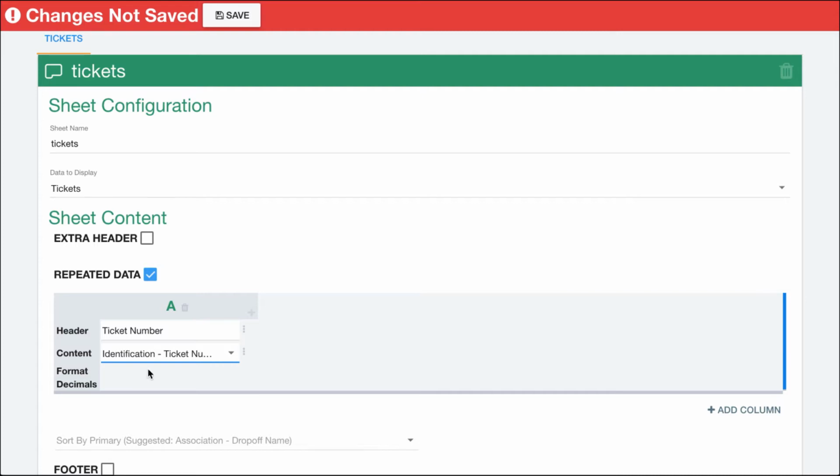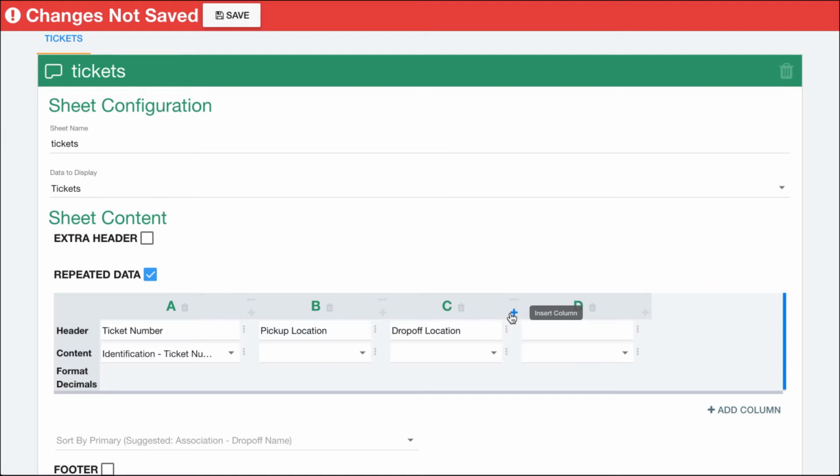And if we wanted to go ahead and add another column, we can click on the add column right here. Or up here at the top, there's always a little plus right here. So if we wanted to go ahead and create a new column right here in the middle or at the end, we can click on those. So for example, if I make a pickup location, and we'll do drop-off location,